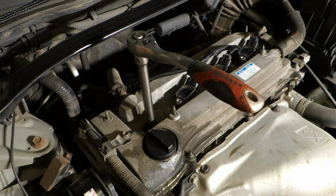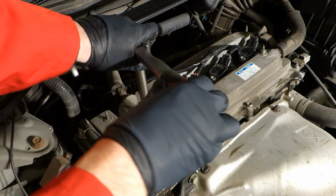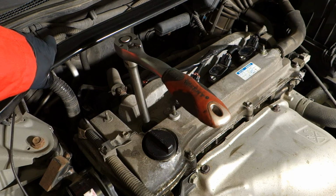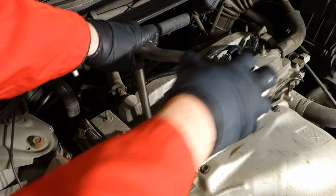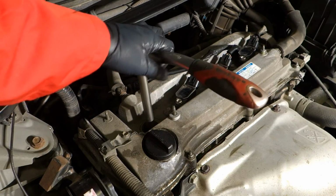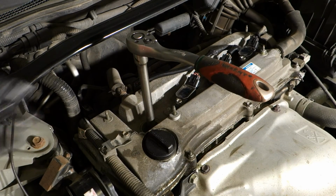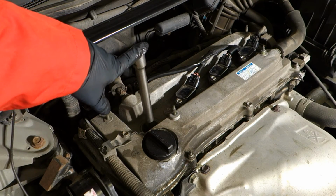And now one more warning message. Do not tighten too much, because there is a chance that this spark plug can be cut and broken, and that is a bad situation. It means that we need only like 50% of our force, and do not tighten this totally. It is quite firm, but not full power. And the best thing, if we want to be sure that there is just enough force,